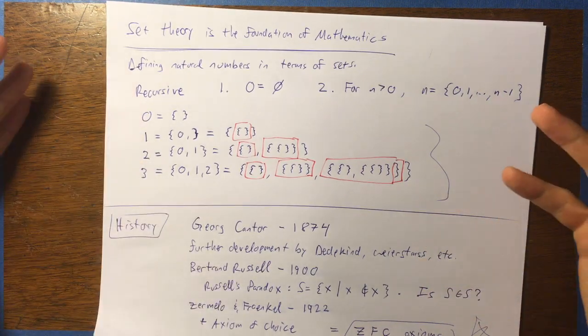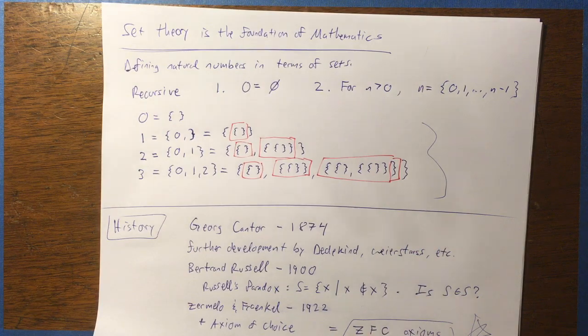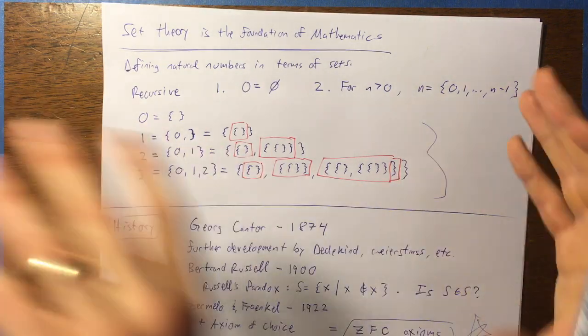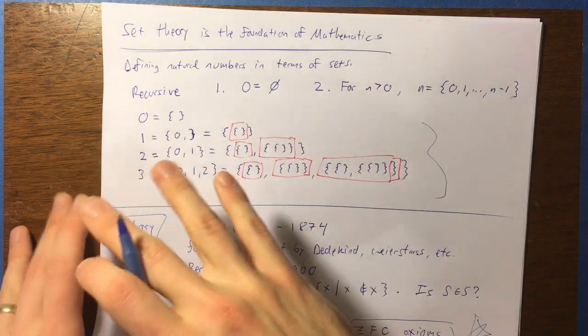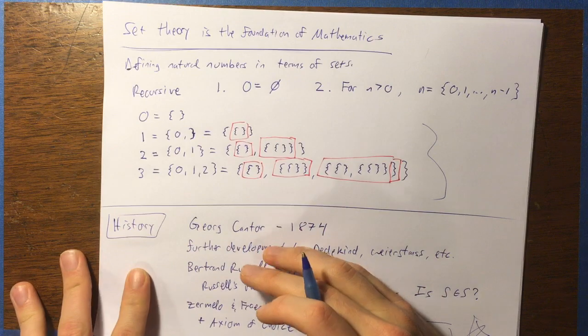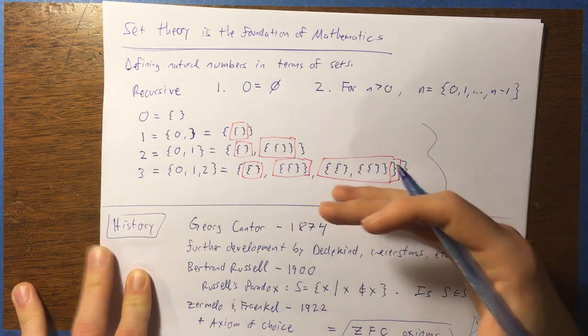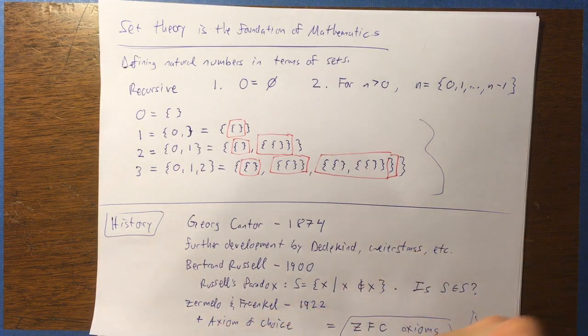Now, this is just natural numbers. You would then go on to define how negative numbers are going to work. And then there's this thing called Dedekind cuts, which take integers and then produce, you first make rational numbers, and then you can make real numbers from rational numbers by doing Dedekind cuts. Once you have all the real numbers, you can define operations in terms of sets and set operations, which we're going to learn in section 2.2. So this is just the beginning.